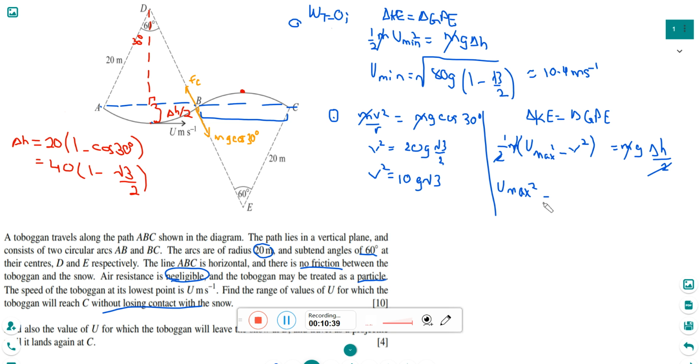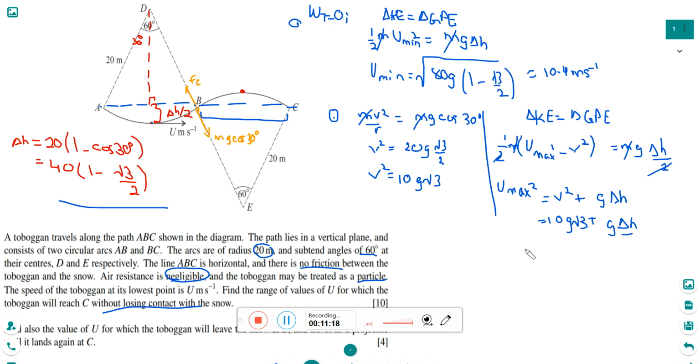square is equal to v square plus g delta H, which is equal to v square is known as 10g radical 3 plus g delta H. Delta H, we said here, is equal to 40 into 1 minus radical 3 over 2. I will not write it again, so you know the answer here,